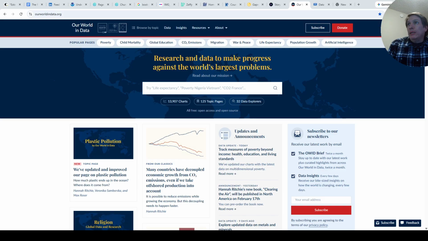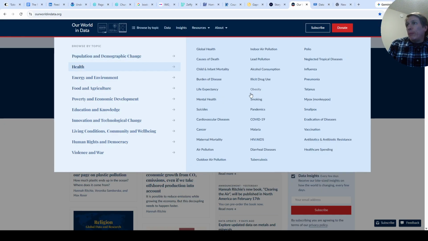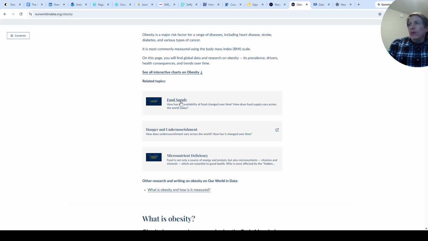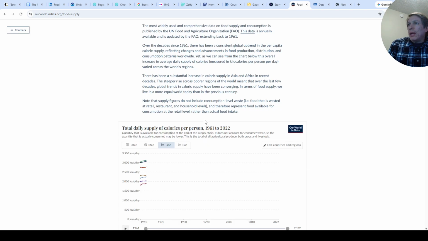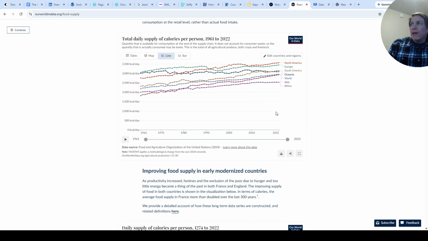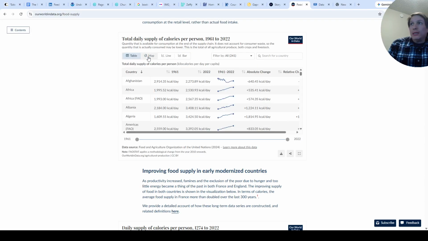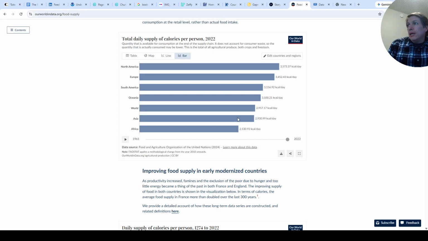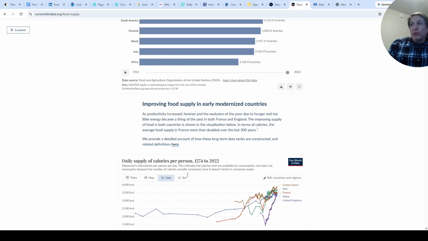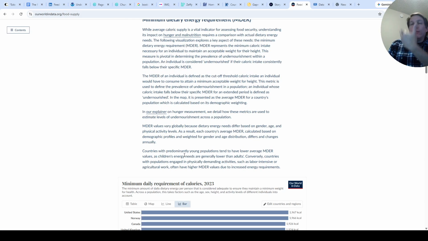Then, going to different topics as we have presented before, let's say obesity, and we have food supply, and here we have some timelines of total daily supply of calories per person between 1961 and 2022. You can change those things and extract the visuals and download, share, or embed the data and be able to create this type of narrative.